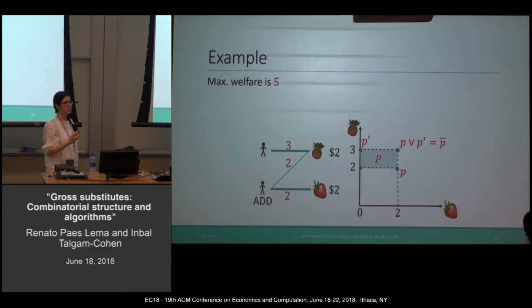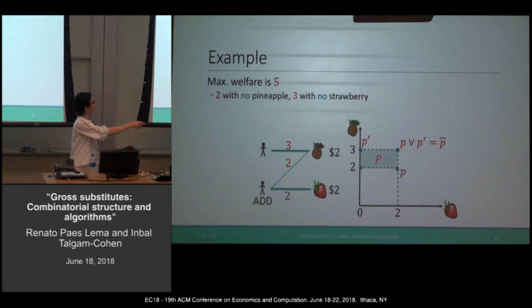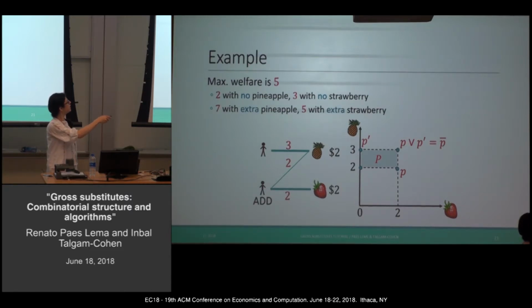And moreover, they have this economic characterization that we saw before. I've written here the welfares. If you take away the pineapple, you take away the strawberry. And here, with an extra pineapple and an extra strawberry, well, you can check that this price vector here, 2 and 3, is exactly the difference if you take away the pineapple in the welfare, so it's a difference of 3. And if you take away the strawberry, it's a difference of 2. So the theorem checks out in this example. This is just to demonstrate the theorem, so you have a mental picture. Okay.